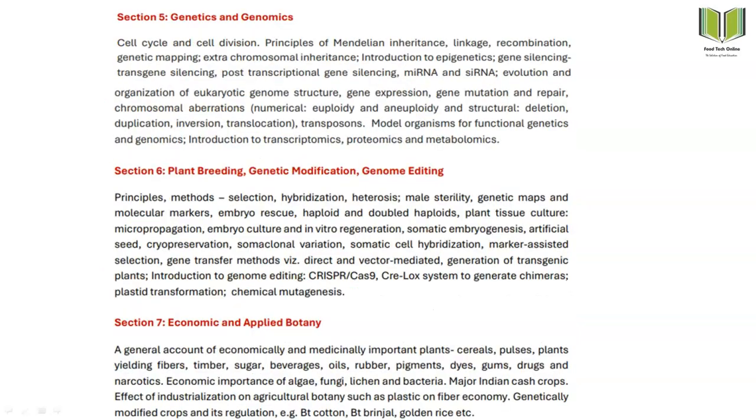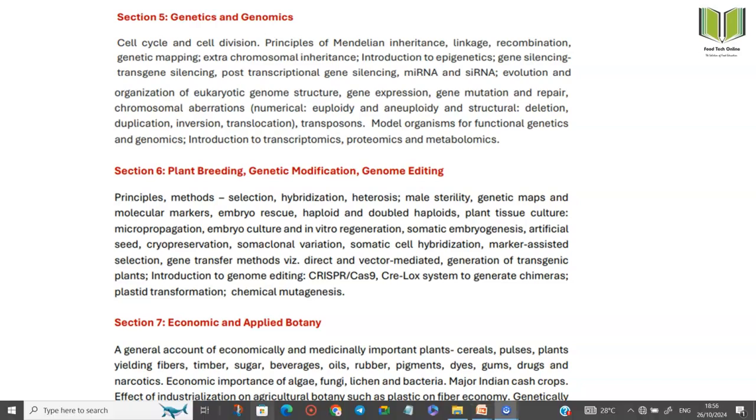Okay, after that, in section 5 we will be focusing more on genomics and genetics, like Mendelian inheritance. What are the theories given by Sir Gregor Mendel, which founded modern genetics, and how did the use of the Pisum sativum plant lead to the Mendelian inheritance pattern? After that, what are the modifications and modern theories that clarified the various things given by Mendel.